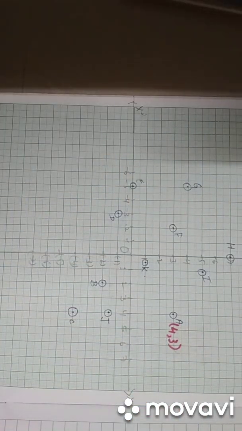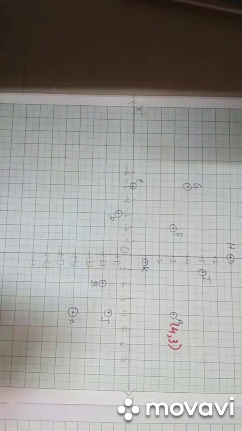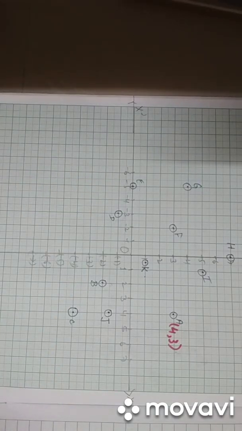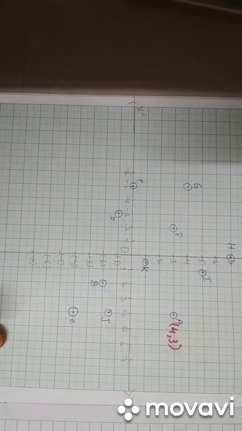In the same way, I will show you some different types, and the rest of it you have to do as homework in your graph book. As well, in the textbook it is given on page number 61. You have to write the coordinates. What you have to do as homework is write the coordinates which are left to be written, and their abscissa and ordinate also.